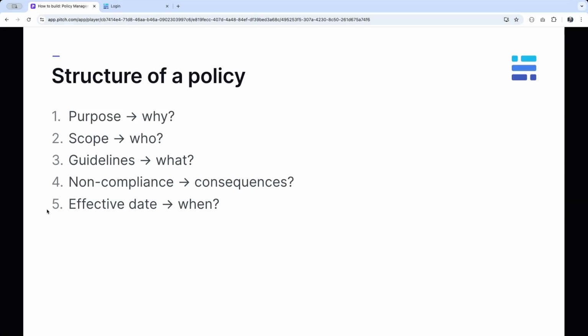In my organization, this is what a policy means. It has a certain structure, being first of all a purpose, which explains why we have a policy. Second, it has a scope that says to whom the policy applies. There are the guidelines, which are the actual policies, what is allowed, what is not allowed. There is the non-compliance, so what is the consequence for violating it, and there's the effective date when the policy